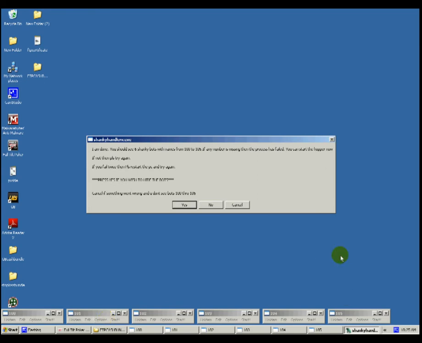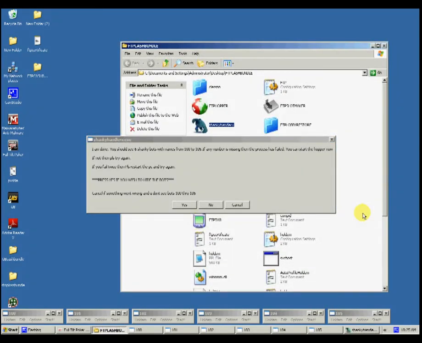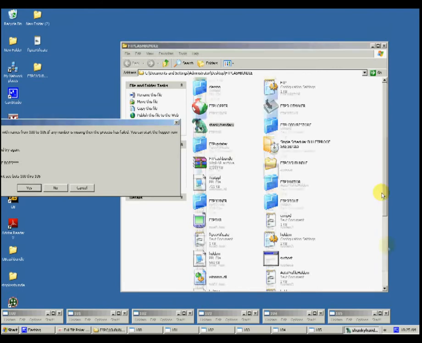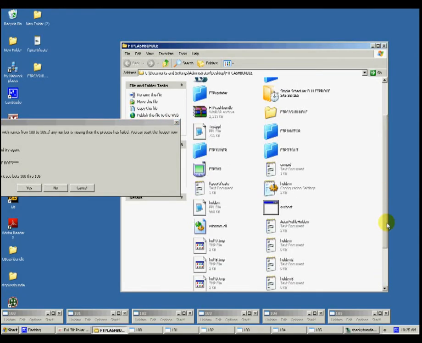And once this is done now, we should just get a message asking us to check has it opened up all the bots correctly and are they numbered from 100 to 105. So that's done. Now there's the option here to hide them, but what I want to do is load in my own profile,